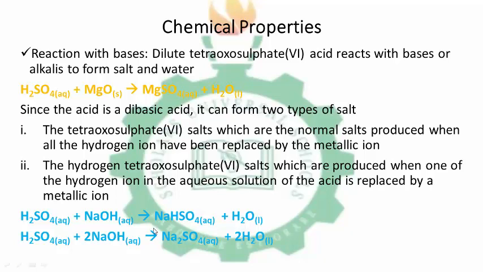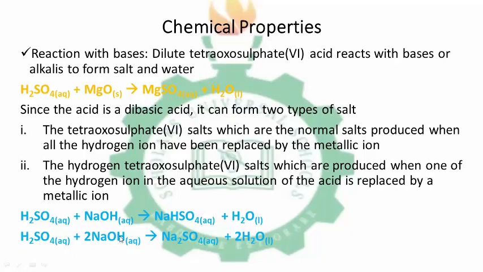Now, as we all know from our lesson, an acidic salt can still react with a base or an alkali to form a normal salt. So this will then react with the excess sodium hydroxide to form the sodium tetraoxosulfate VI salt. Now this should be NaHSO4. The NaHSO4 will react with the excess sodium hydroxide to produce this, but this is just the overall reaction.